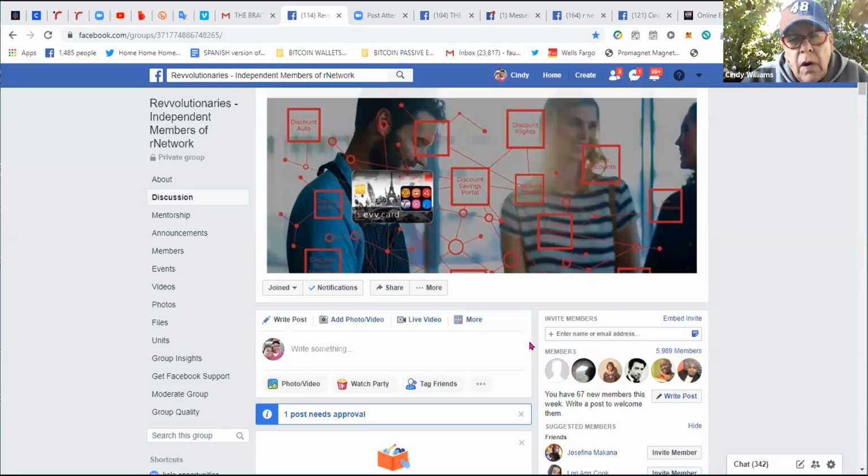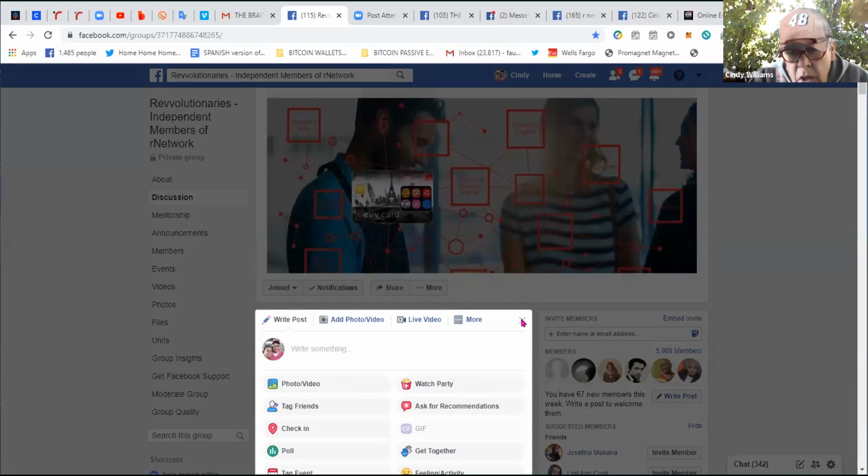When you first join rNetwork and all the groups, say you're on John Johnson's team, you come into our group, and then you have to go to this corporate group, that corporate group, this other group, that other group, and so on. So it can get a little confusing and a little daunting for new members because we do have a lot of groups. So part of what I want to show you today is where to start, what to do first